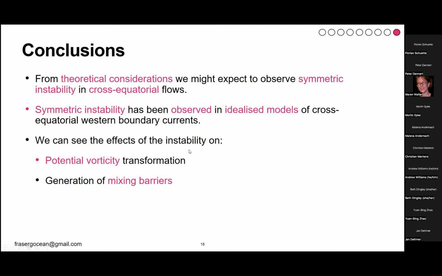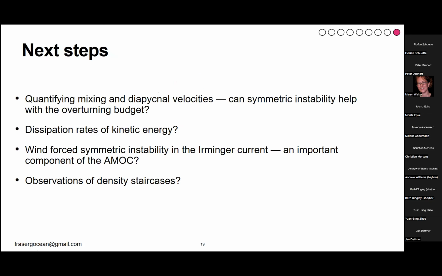And then we've seen the effects of the instability on the potential vorticity transformation. So we've seen how even though our models aren't getting the water mass formation and transformation rates right, they are still producing PV of 0. And we've also seen that these models are generating these mixing barriers, which might be important in terms of the dissipation of kinetic energy in the ocean. So in terms of the next steps, I think quantifying the mixing of the diapycnal velocities